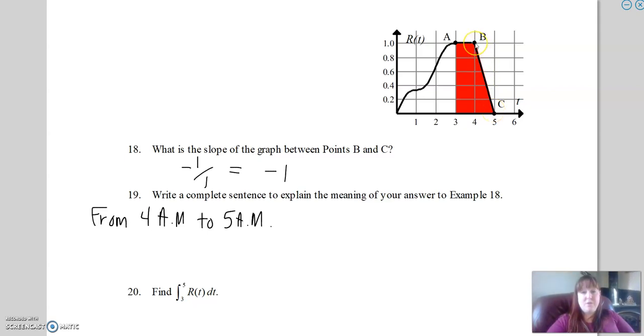So the rate of rainfall was at 1 inch per hour, and then it decreased to 0 inches per hour from 4 a.m. to 5 a.m. So we could say decreased